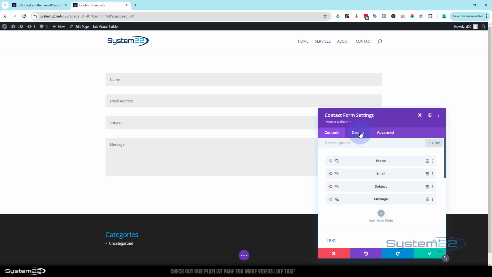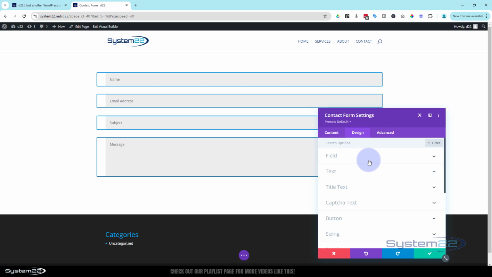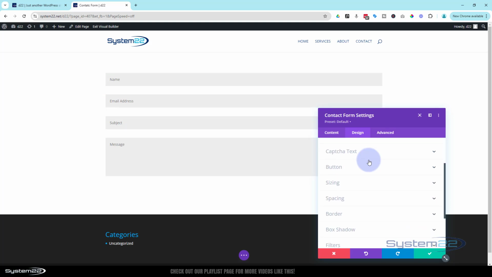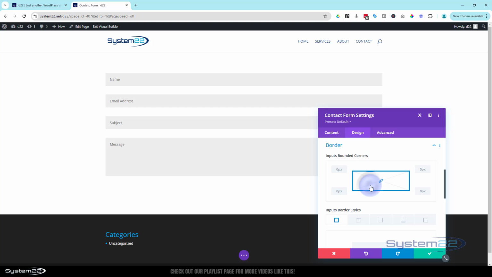And all those settings that we've just gone through in design are available in the main. So if you do it in the main one, let's go down to border. Let's give it 50 pixels all round. As you can see, it'll do all of those for you. So you can do each field individually, or you can do them all here. And just to show you a bit more of the input,